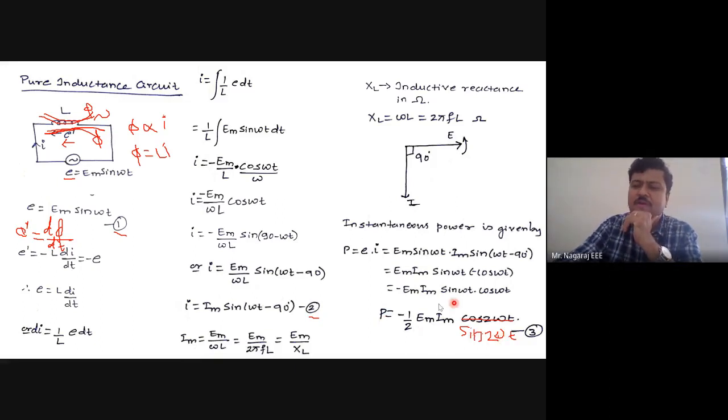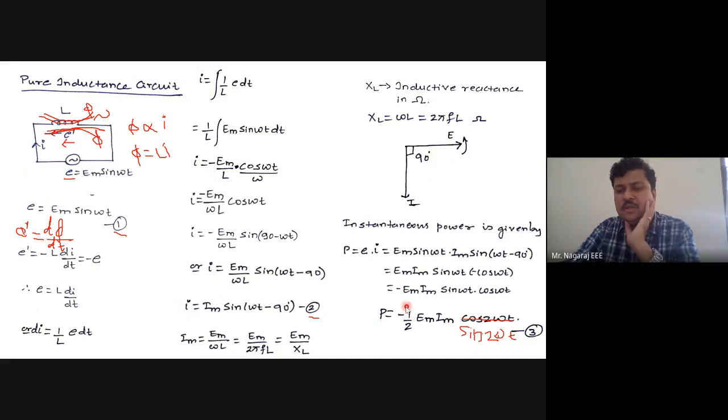So this is a vector term having the angular frequency twice the supply voltage. It is 2 omega, here it is single omega. So the angular frequency of this term is twice the angular frequency of the supply voltage. It means that the frequency of this wave is double the frequency of the supply wave. That is the meaning. But power is scalar.